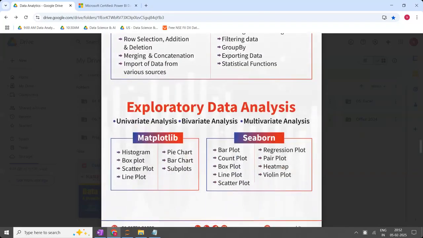Sir, OOPS concepts we are not going to cover? Not required. For a data analyst, OOPS concepts, why? In the real life of a data analyst, they are not going to use OOPS concepts. If they are not going to use them, why should we learn? Sir, generally Python means that is also included. This is not a Python class now. This is a data analyst class. General Python is different; Python for data analyst is different. I am discussing only what is related to data analysis.